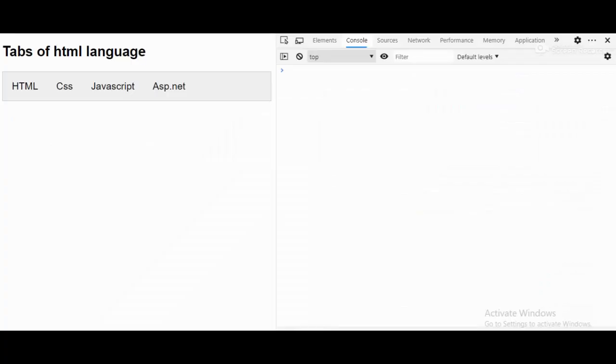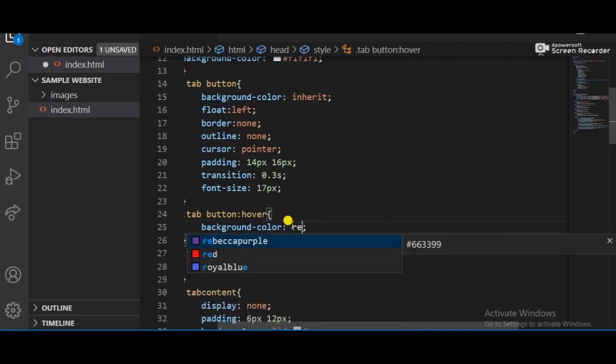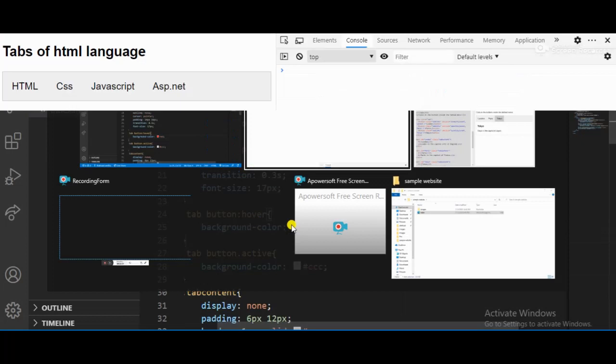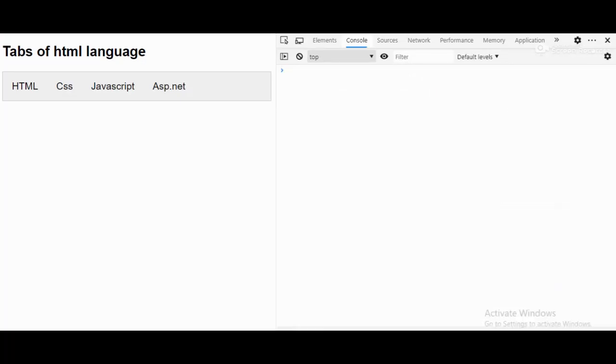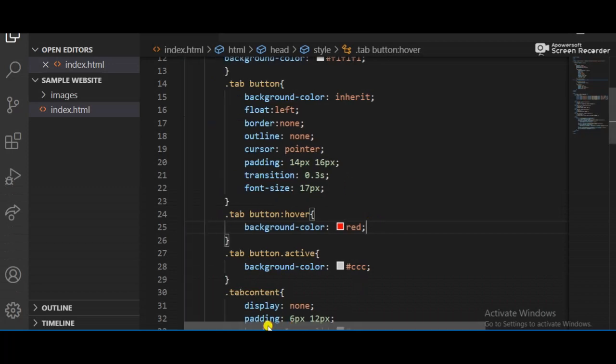When I click over, it changes into RGB. Okay, no, I'm not doing it like this. I just want another color. So red color is good for this. So you can see this is the hover of a red color, and the background should be black, and the text should be white. So many things you can apply from the CSS, and this is the active thing. So I just apply the active, looks like green.